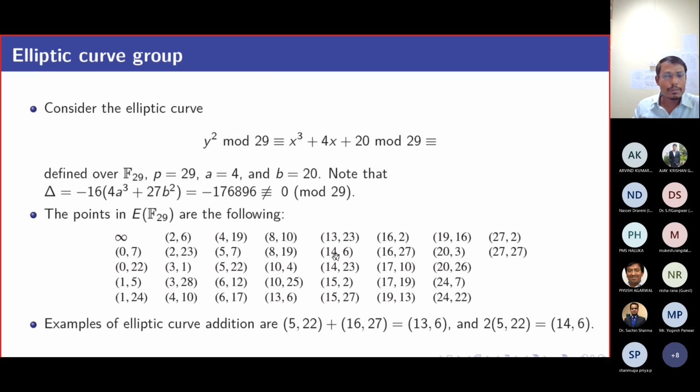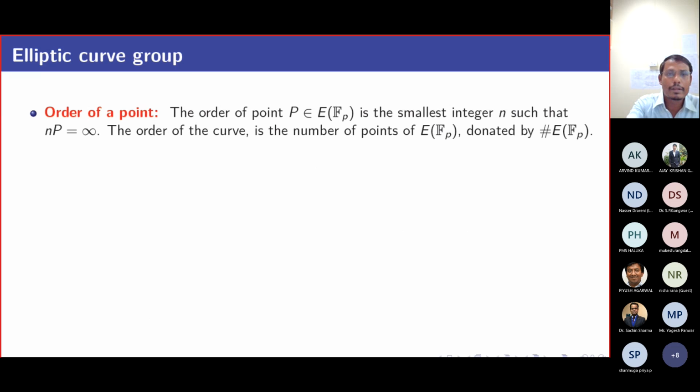Okay. Similarly, based upon the formula that we have derived, when we perform p plus q, we get this point. So how are we getting it? You can use the formula. And this is the point doubling, 2 times a point p, that gives us the value r. Right? So you can follow the formula and easily understand how we are getting this point.